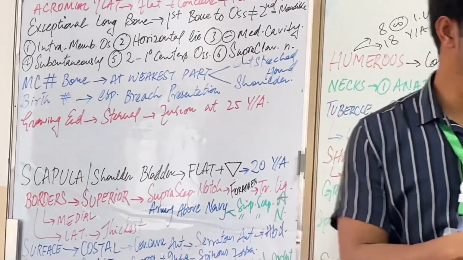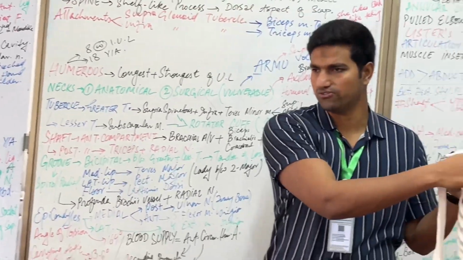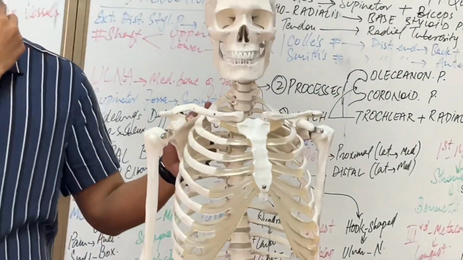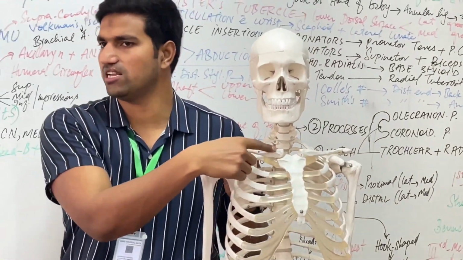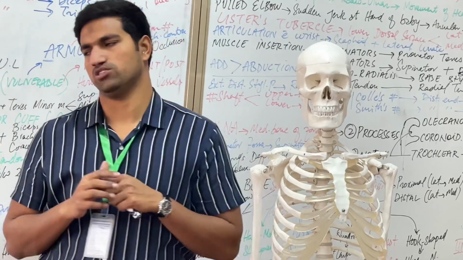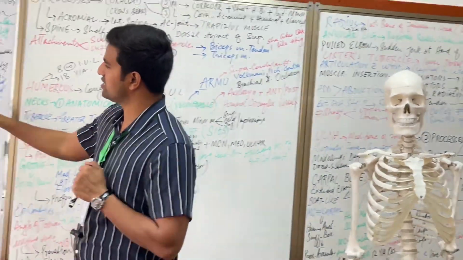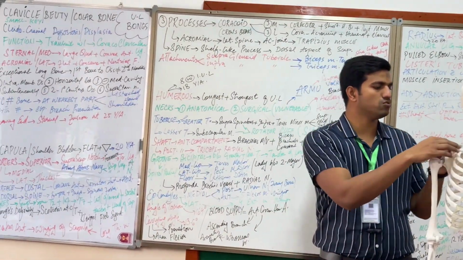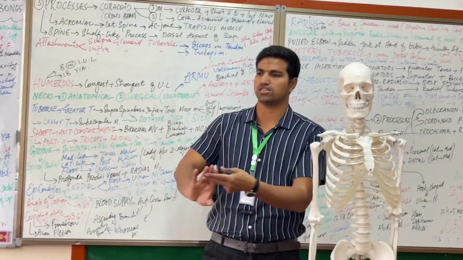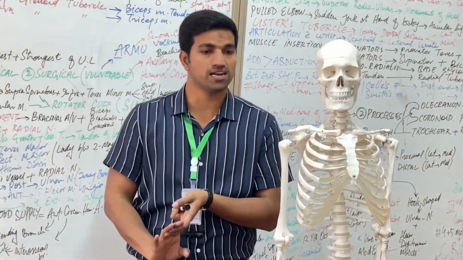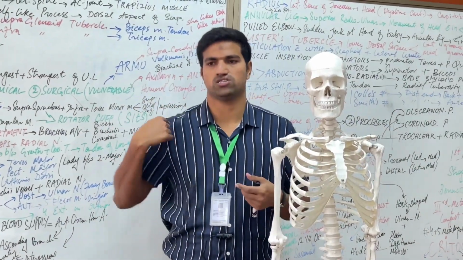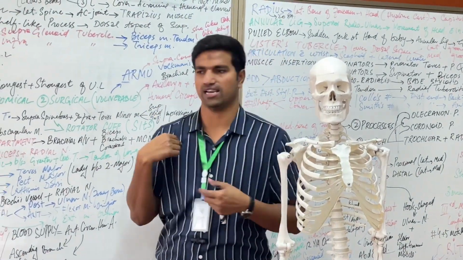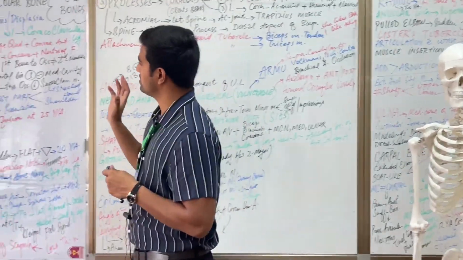Then the growing end, this sternal end, is the growing end of the clavicle, and the secondary ossification, like the epiphysis, fuses with the diaphysis at 25 years of age. The fracture of the clavicle happens due to two reasons. One is an outstretched hand, that is called indirect violence, or second one is a fracture at the shoulder joint, that will lead to the fracture of the clavicle. So that was about clavicle.